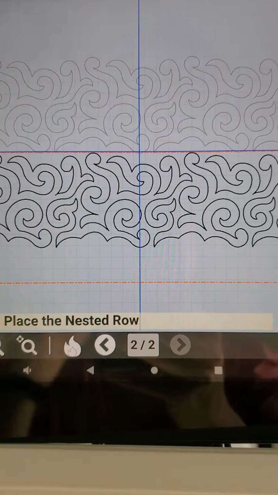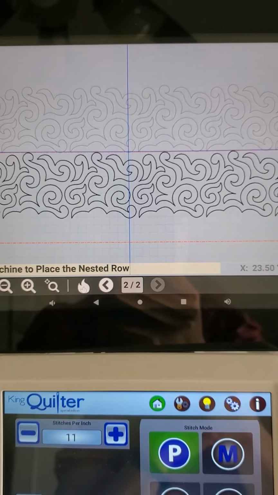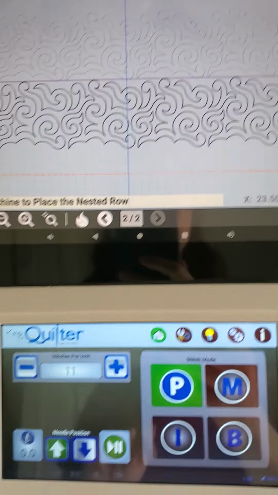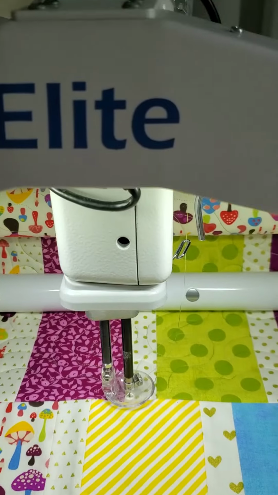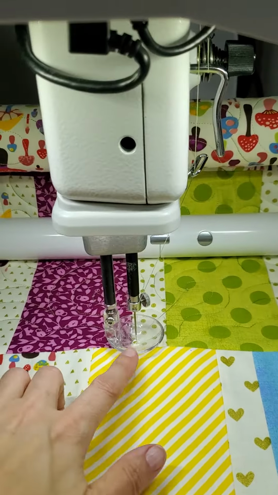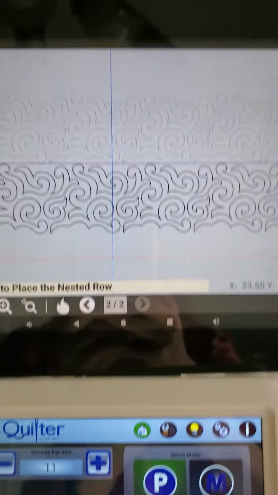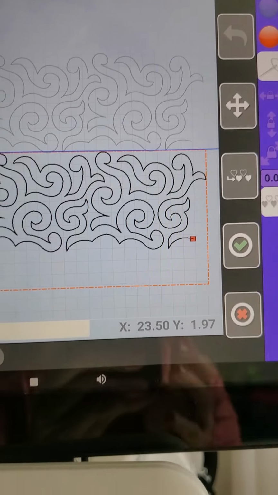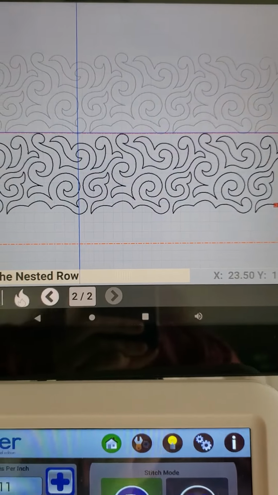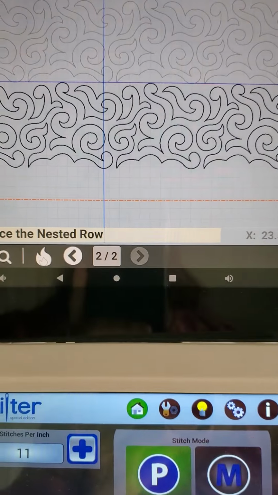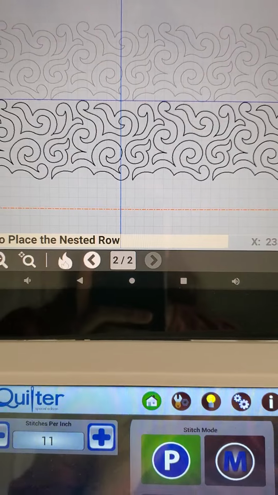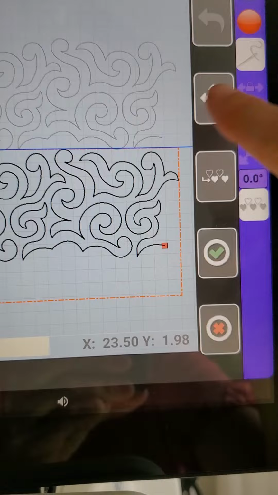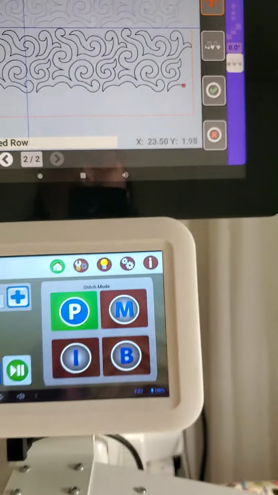So I need to close that gap a little bit, and I'm going to use my move function to do that. The first thing I need to do though is get my needle out of my fabric. So I'm going to raise my needle so it's no longer in my quilt. The next thing I'm going to do is use my little arrow here. My arrow button is going to allow me to grab onto my handlebars and move my rows by moving my machine. So I'm going to hit my little arrows here that cross each other,